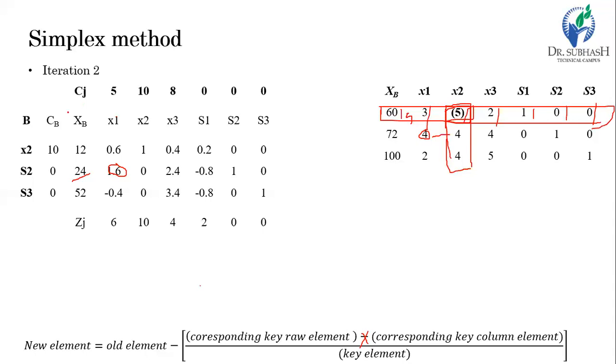Then we will calculate the net profit, which is Cj minus Zj. It is 5 minus 6, minus 1; 10 minus 10, 0; 8 minus 4, it is 4; 0 minus 2, it is minus 2; 0 minus 0, and it is 0, 0. So again, consider the practical importance of Cj minus Zj. Say Cj minus Zj indicates the net profit. If you choose x1 here as a basic variable in the next solution, then we get a -1 effect on our objective function. So our objective function will have a decrement of 1 if we select x1 as a solution.